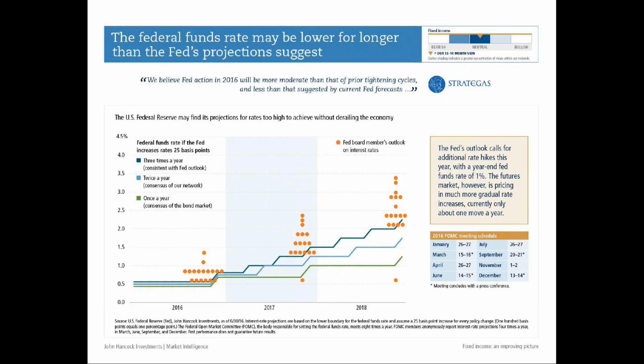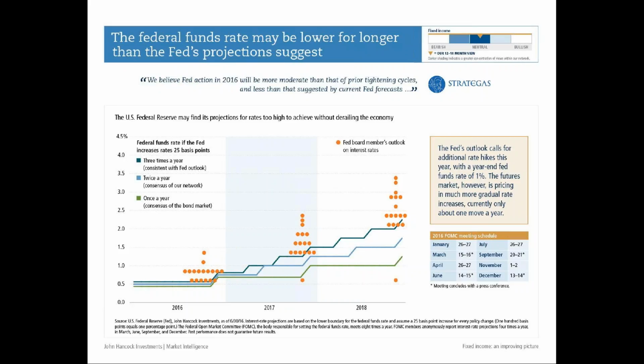And what they're saying is that things are going to be very slow in terms of how fast we raise rates. And it's gotten slower and slower and slower every time they give a new quarterly update. This most recent one, they're thinking 1 rate hike this year, and then 1 to 2 next year, and 2 or so the following year. So this very slow rate hike type environment is only going to be a modest headwind to bonds.